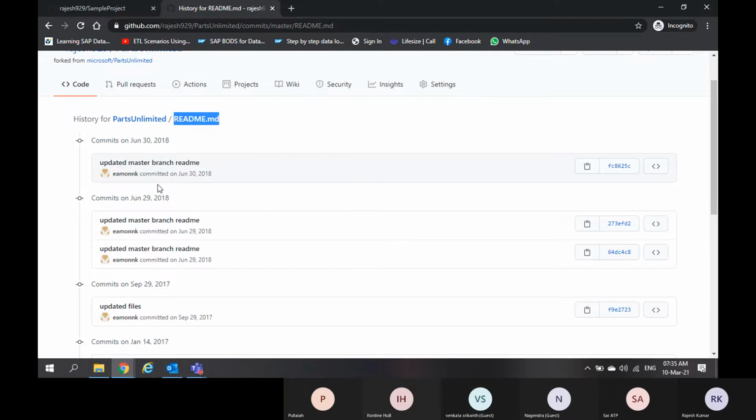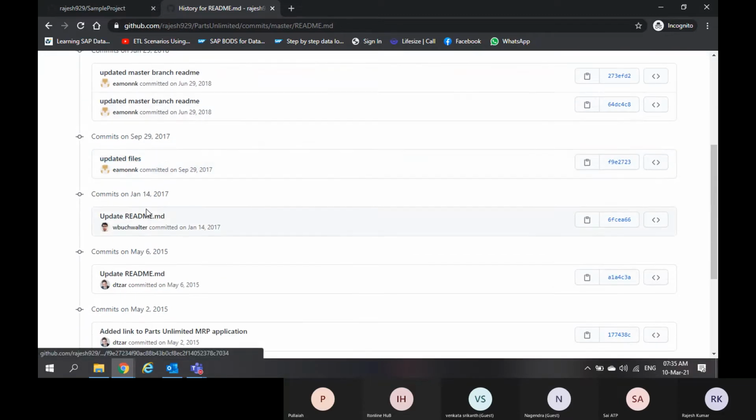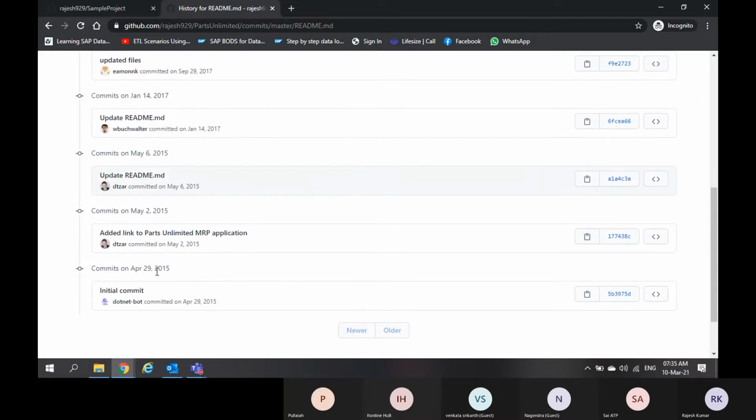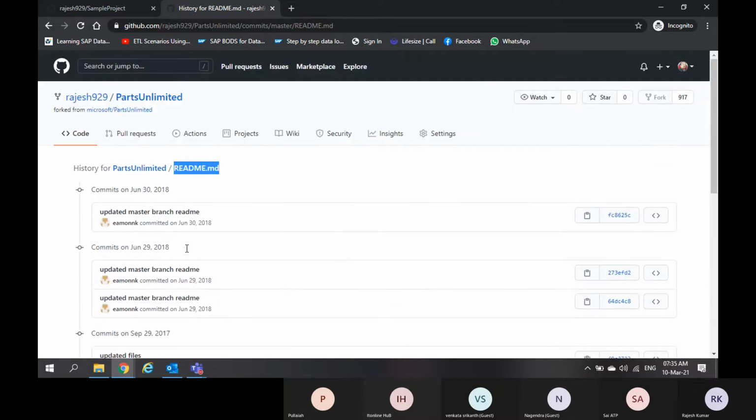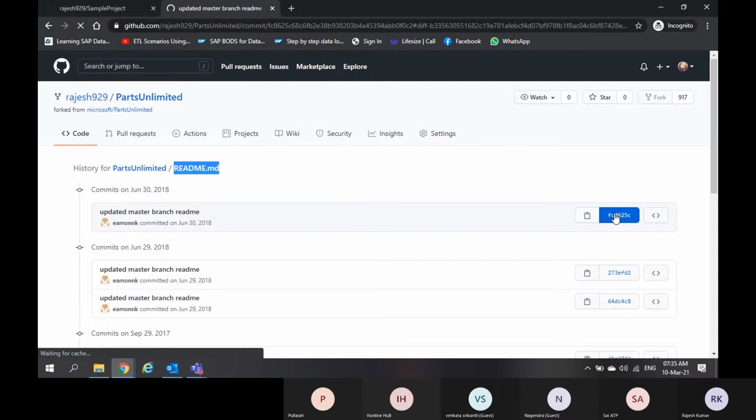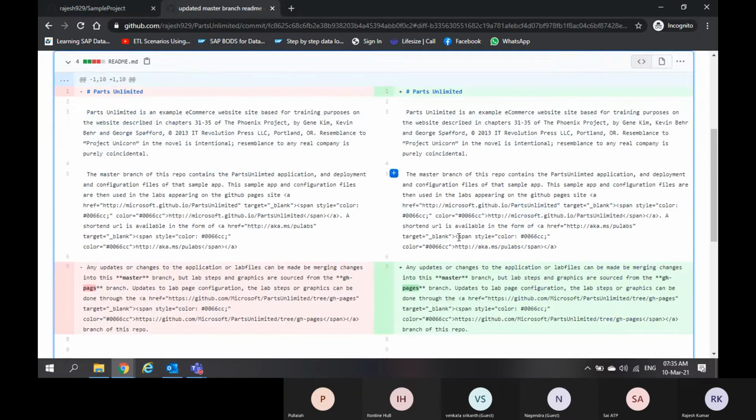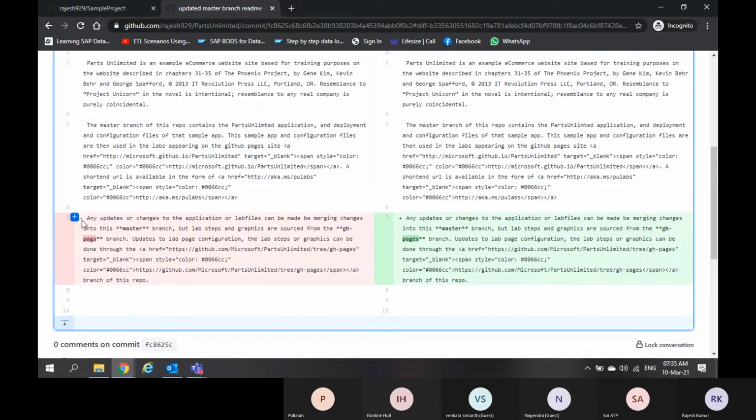Everybody has written updated readme, updated readme, updated files, updated readme. So if you want to see what they updated in readme, you can go inside the commit ID. Here you can see the minus shows they have removed this section, and the plus shows they added something in this section.